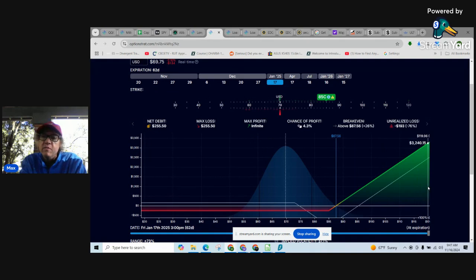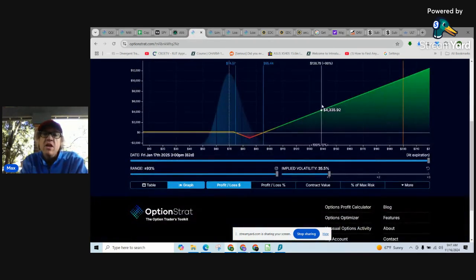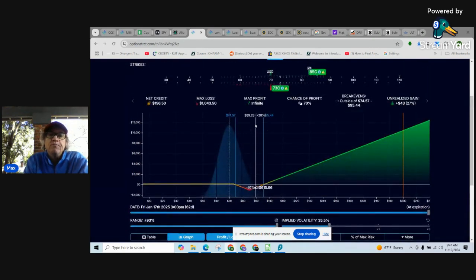Oil goes to 150, it's worth $5,400. It's very similar profit and loss to what I just showed you. Let's see, at 110, just buying the option is worth $2,200. At 110, the spread idea is worth $1,400. It's basically the same thing, but that's how I compare it. So then you have to tell yourself, okay, what would I rather do? Would I rather